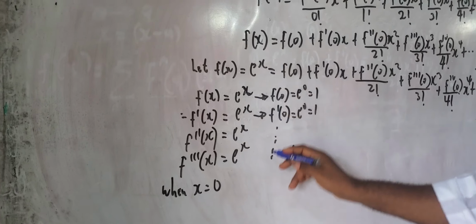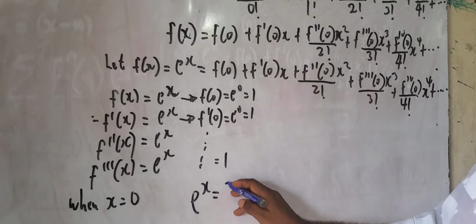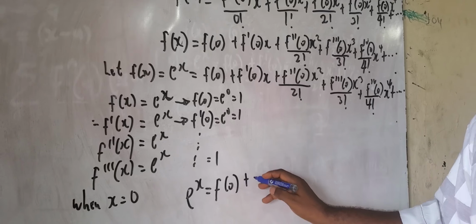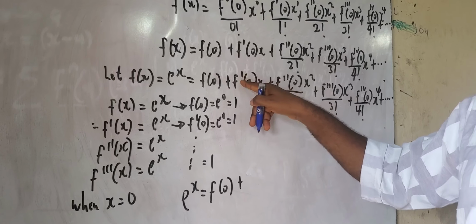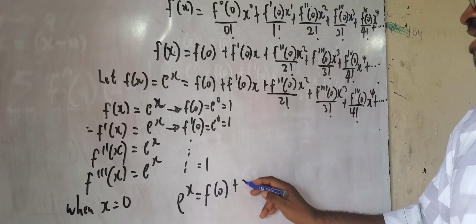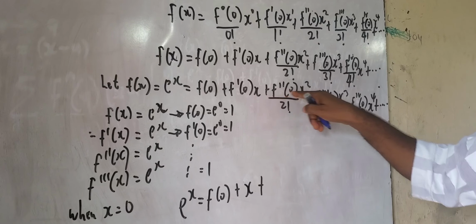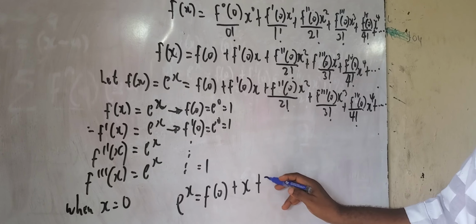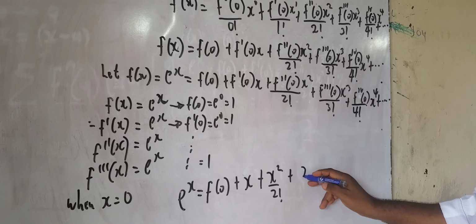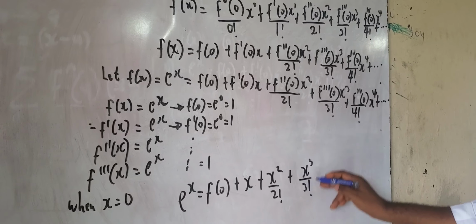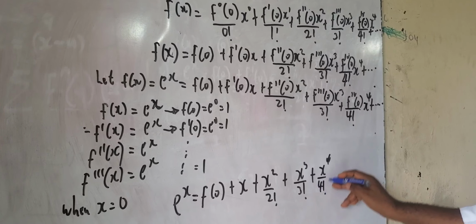So that means my e raised to power x can now be written as f of 0 plus f prime of 0, which is 1, so I will just write it as x, then plus this one too is 1, so times x squared divided by 2 factorial, plus this one will be x raised to power 3 all over 3 factorial, plus this one will be x raised to power 4 all over 4 factorial, plus